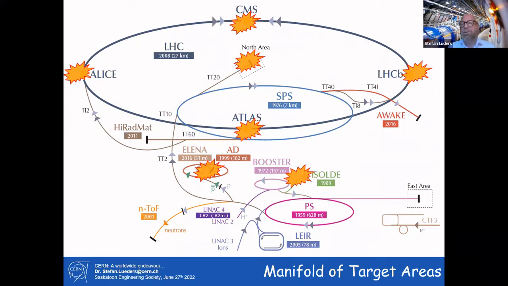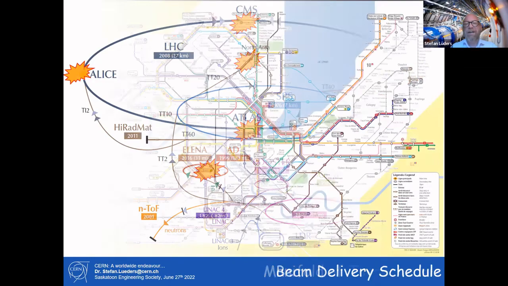And we're producing rare isotopes at CERN, for example, for the local hospitals, where you can then go for treatment with very, very rare isotopes, which are much, much more healthy than the standard isotopes which are used today. And then we're also doing research for future accelerators in different places.